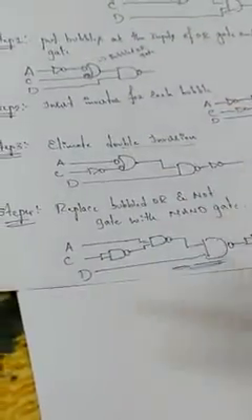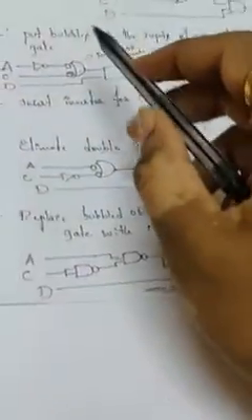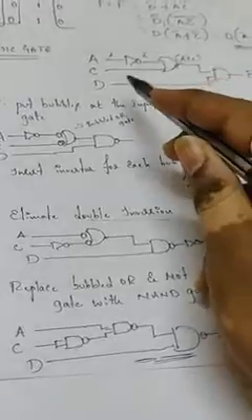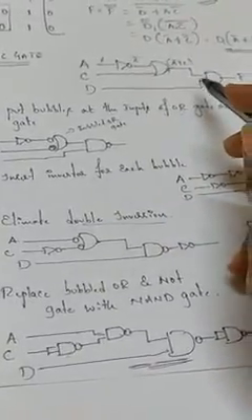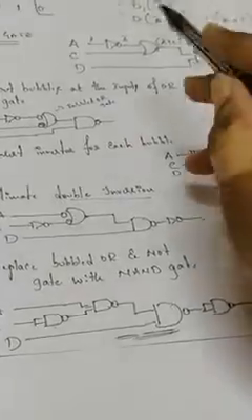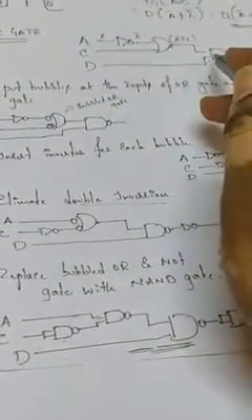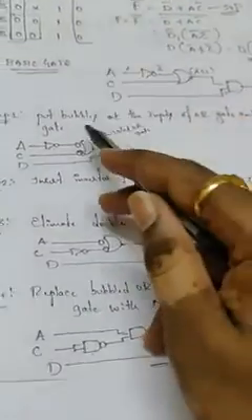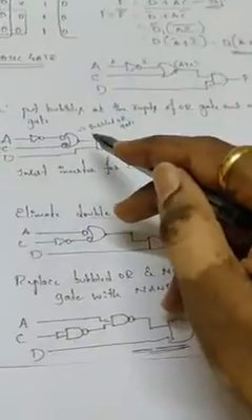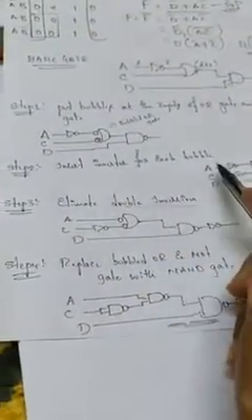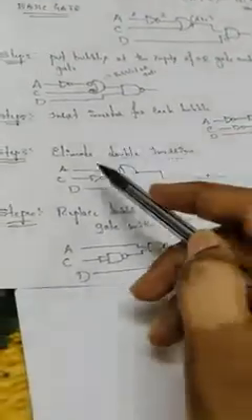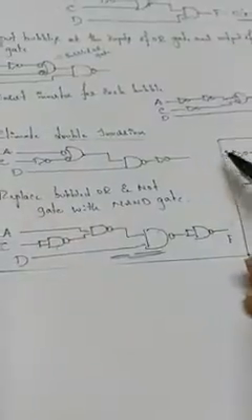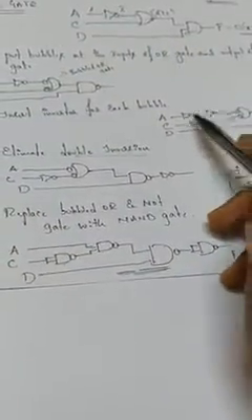If you follow these steps for whatever the equation, you can write the circuit in an easy manner. So the first thing is, write the expression with simple basic gates. If you go wrong here, everything goes wrong, so you need to write the circuit for the basic expression by using the basic gates. Then put bubbles at the inputs of OR gates and the output of an AND gate. The second step, insert an inverter for each bubble. The third step is to eliminate the double inversion. If you find any double NOT gates, just cancel them.